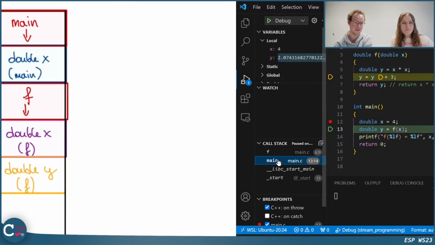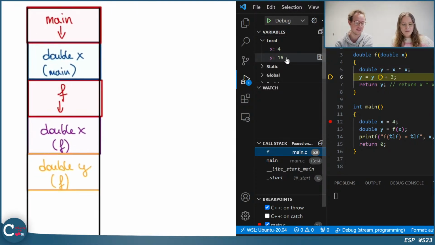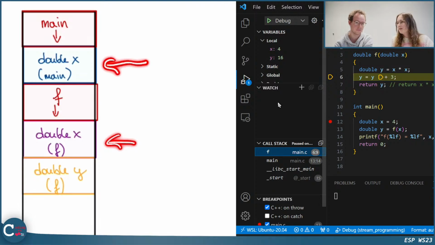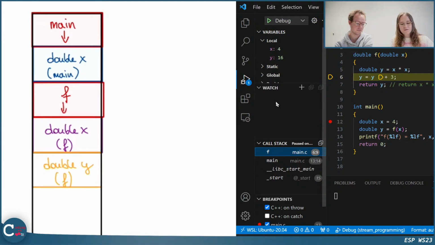If I go to main, then the old y, which we do not really have created yet, has also some random value, but in our function f now the y has really the value 16. And we can see that in this illustration because this y is clearly different to the one we don't have defined in the main yet, but we can also see that the x here is really different than the x that's in the main. And the compiler does it automatically for us. So this x here has the same value as this x here. So this value gets copied into this new variable x in the function f. But they are different.